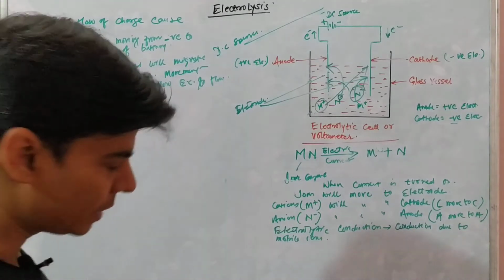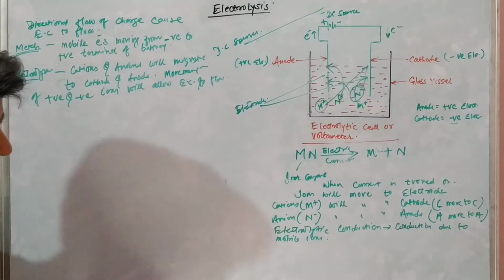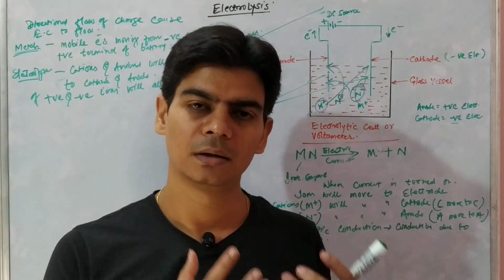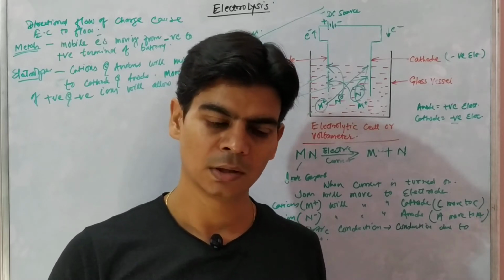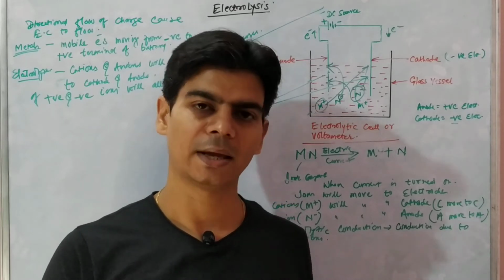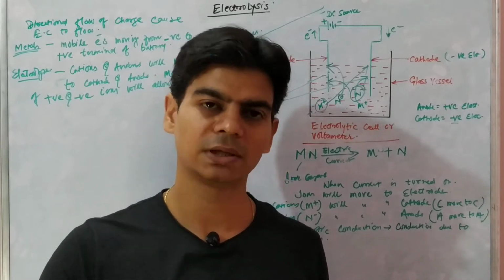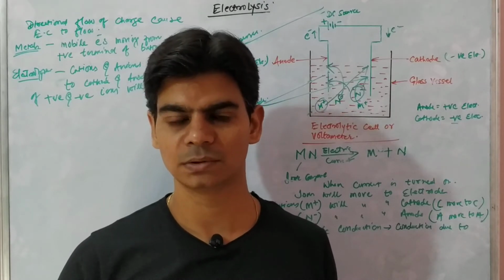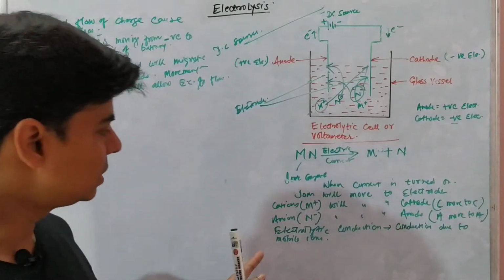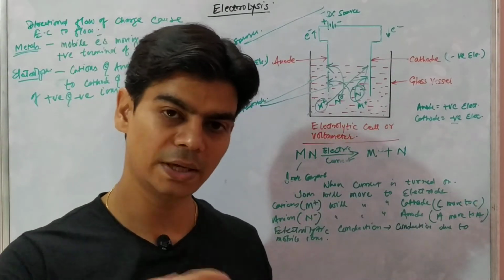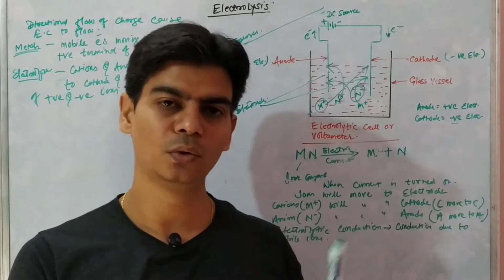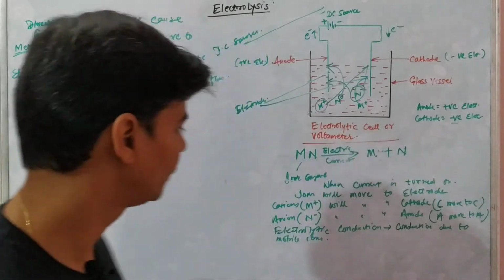Since we know that cations are positive ions. Positive ions means they are deficient in electrons, right? So they need electrons, right? And anions are negative ions. That means they have excess of electrons which they can lose, right? So this is what will happen at anode and cathode. Since cations are moving to cathode, they will gain electrons from cathode, and anions, when they will move to anode, they will lose electrons to anode, right?